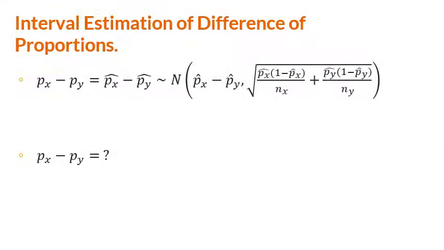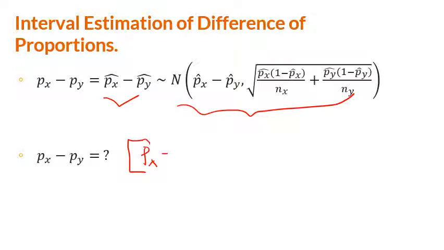Note that this is now the interval estimation of difference of proportion. So note that the difference of proportion follows a normal distribution. Okay, so this is your distribution. So medyo kaya nyo nang makita, you can eyeball the estimates for your px to py, yung confidence interval. So this is